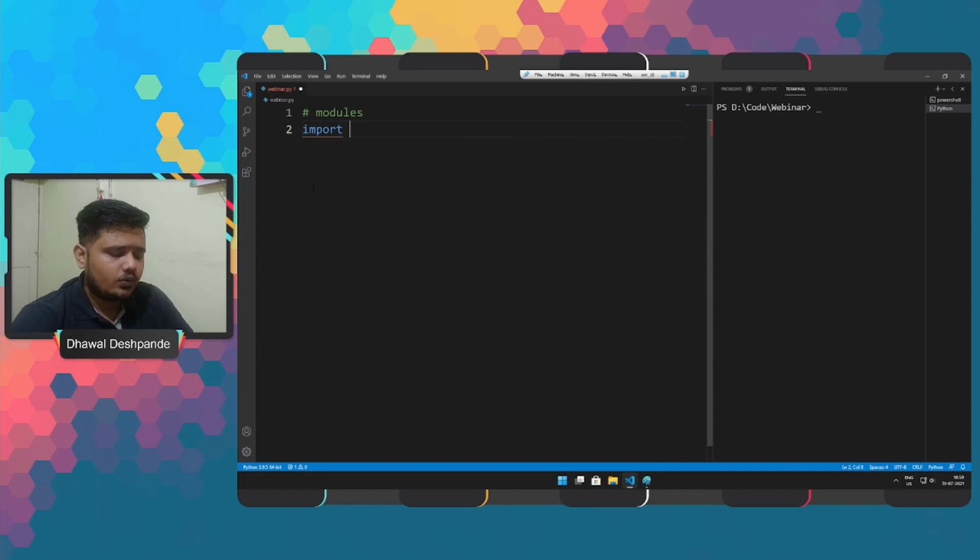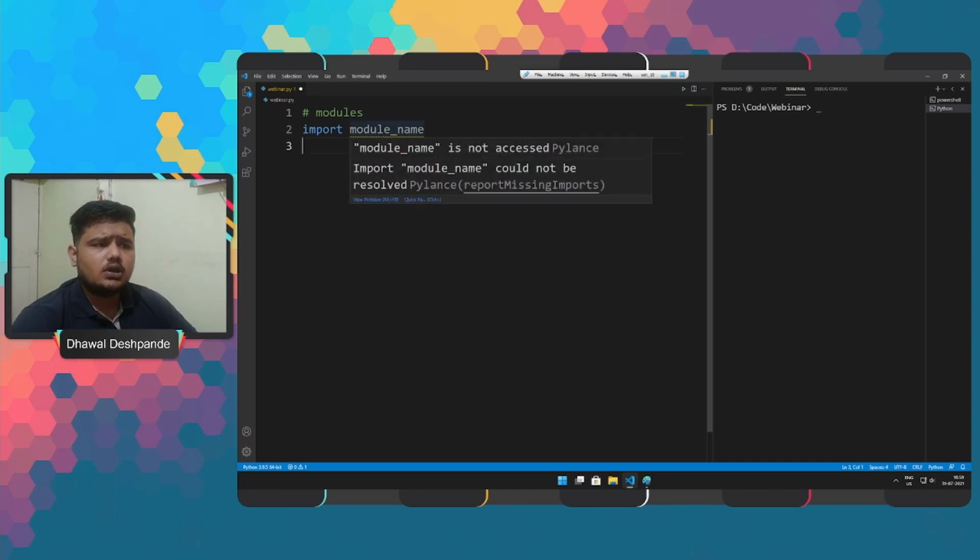And after import, we write the module name. And after that, we can use all the functions, variables and different logics that are present in that particular module. So this is the basic working of our module, right?